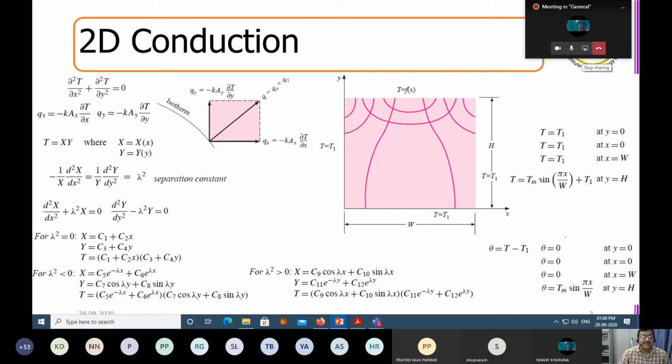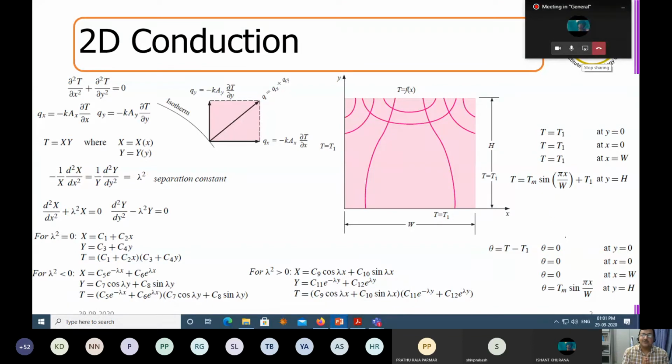So what I do, I say that my solution, I first assume. This is the way any mathematical problem today is solved, that you first assume a solution. This is the way it is done analytically. If you are doing it numerically, I will also show. In the next week, 2 lectures will be dedicated towards how exactly to tackle these equations numerically. But today, we will finish the analytical part.